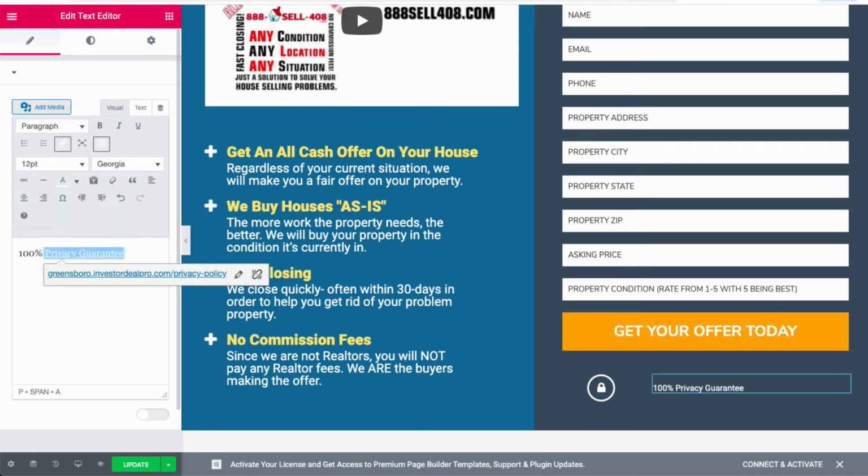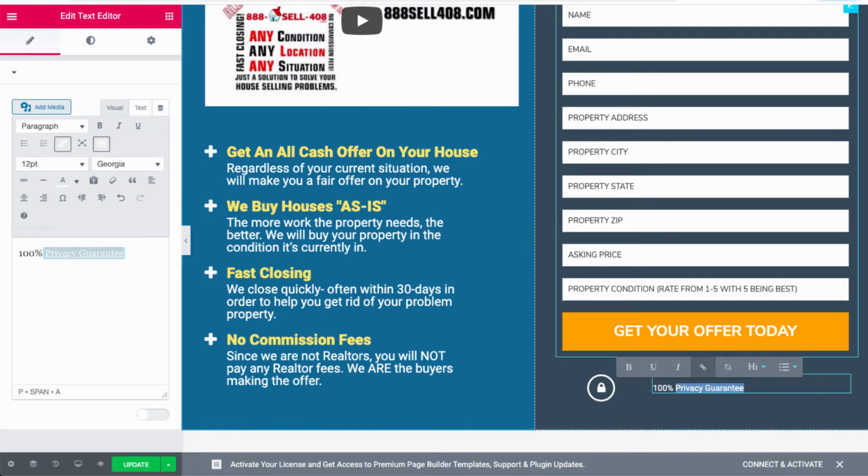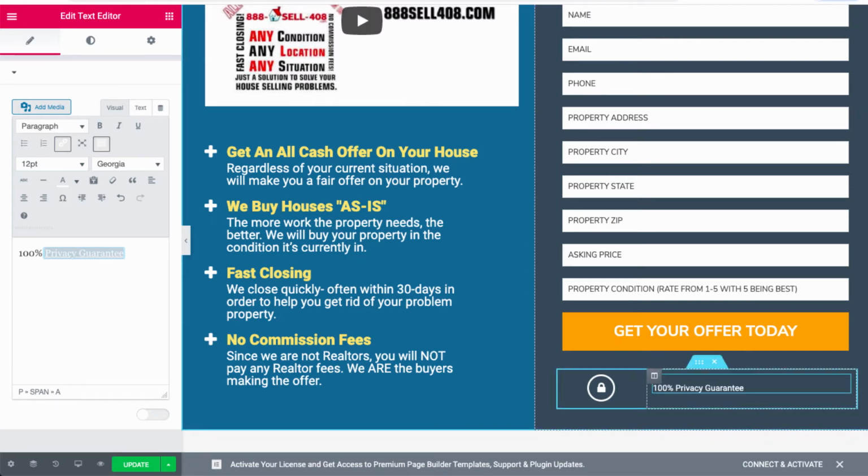I want it to be white, so I'm going to select white. And as you can see, if I go over to the page again, to the actual privacy policy link on the template, it's now white, so I can see it. All right, so I'm going to click on update,